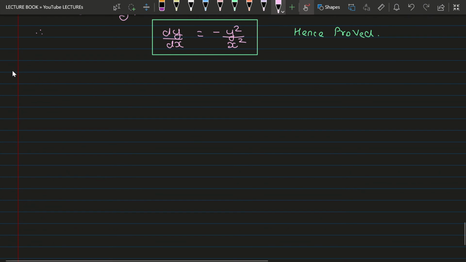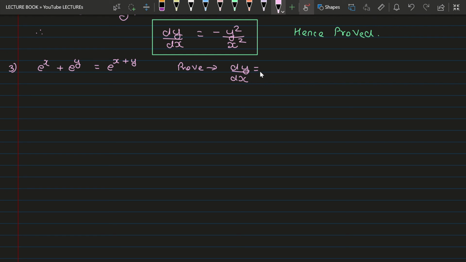which is sum number 3. E raised to x plus e raised to y is equal to e raised to x plus y. And from here we have to prove that dy by dx is equal to minus of e to the power y minus x. So when we find out the derivative, we have to write over here